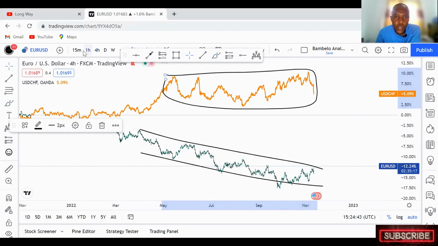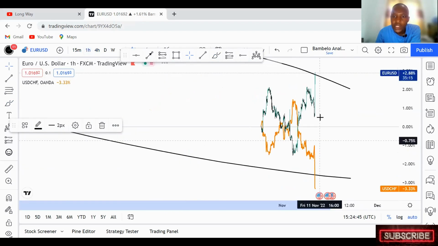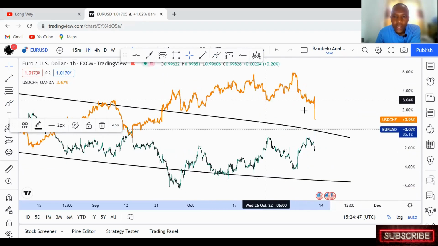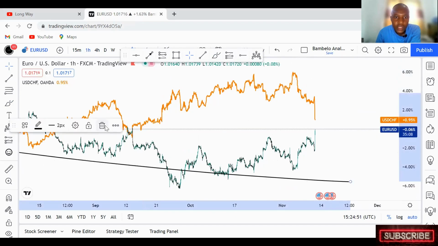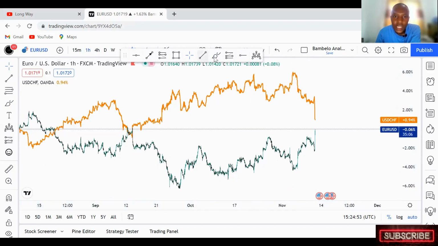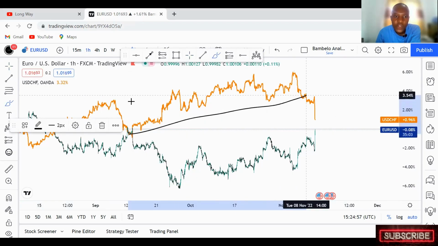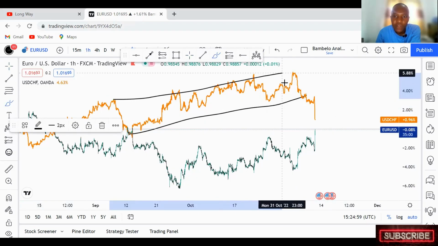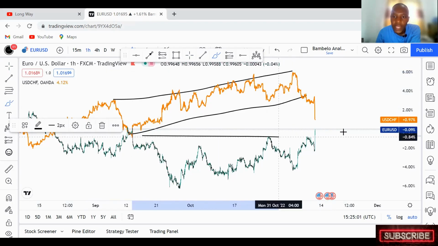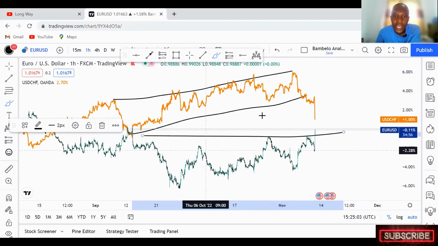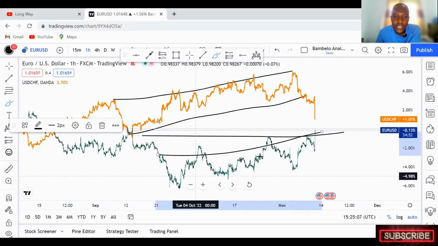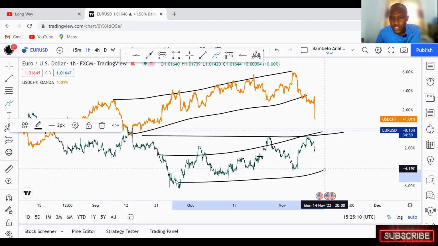Okay. So if you drop it maybe to the H1, you'll definitely see what I'm talking about. Because look at this, guys. Let me just erase that and also erase this. So as you can see, these are similar structures. USD Swiss francs has been going to the upside before the breakout, and then it's most probably going up there, right? While on the other hand, Euro USD has been going to the upside as well. But the only difference is that